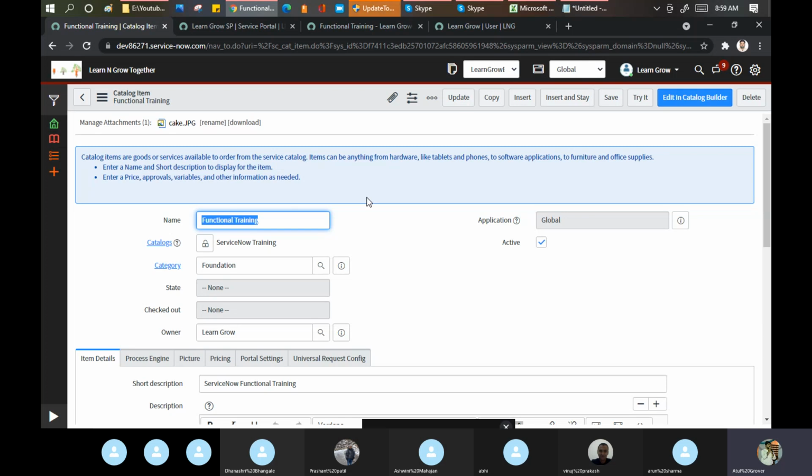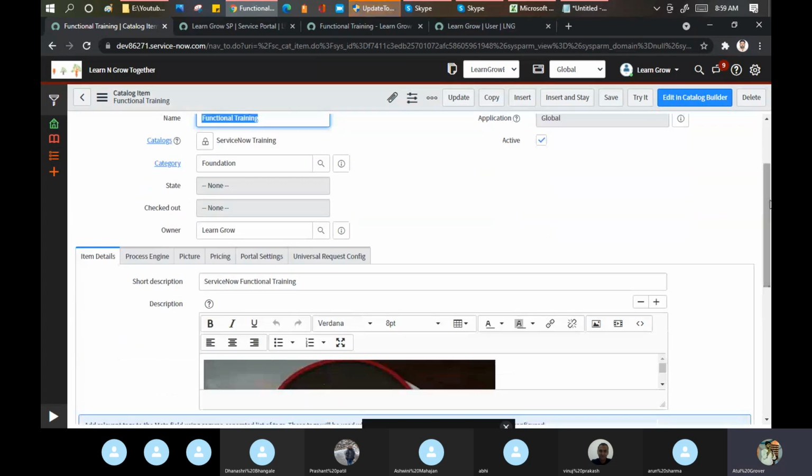And since this training is functional plus technical, I will tell you how you can use this Catalog Builder. Maybe we will create one item with the help of the Catalog Builder as well. But as of now, in the market, we are using this way only, Maintain Items.